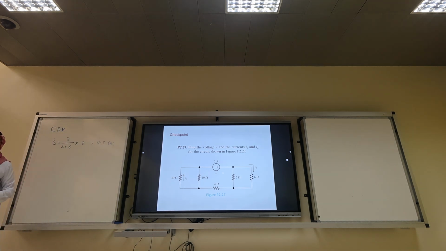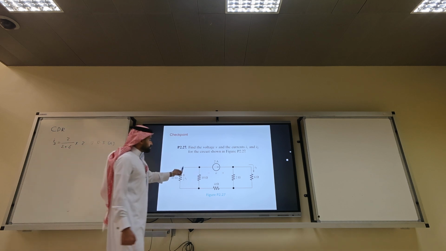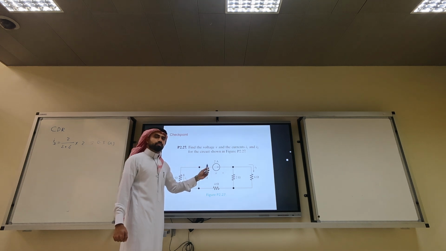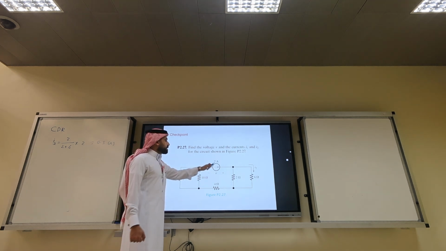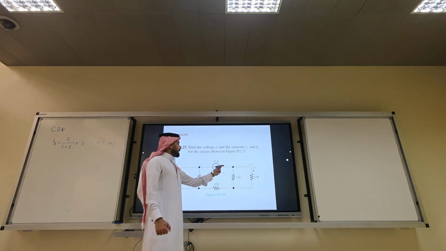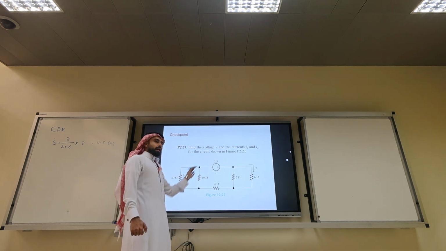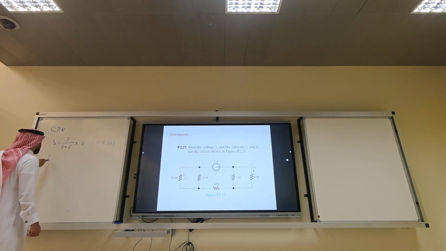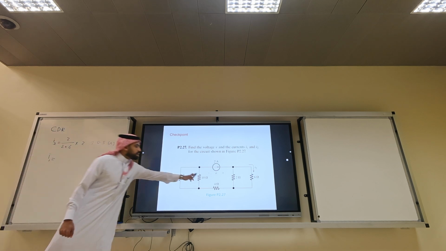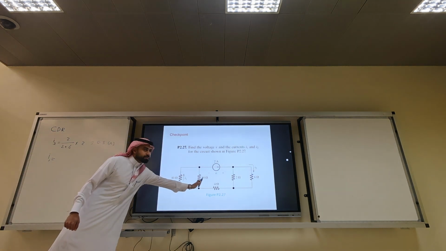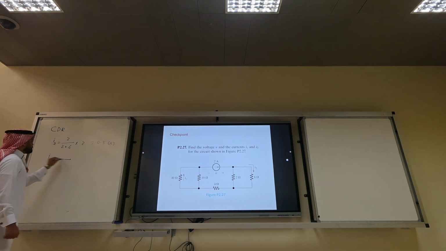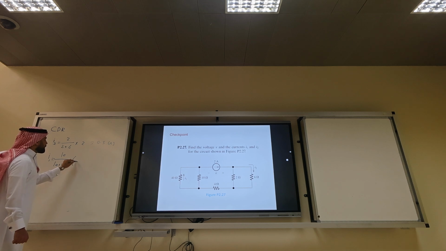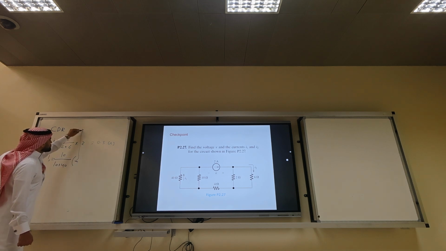10 seconds in the test. What is I1? How do we use CDR, or current divider rule? Current divider rule states that the current enters. So what's the current that enters the left parallel combination? Minus 2. So to get I1, we use the equation 10 over 10 plus 40 times minus 2. So this minus is because